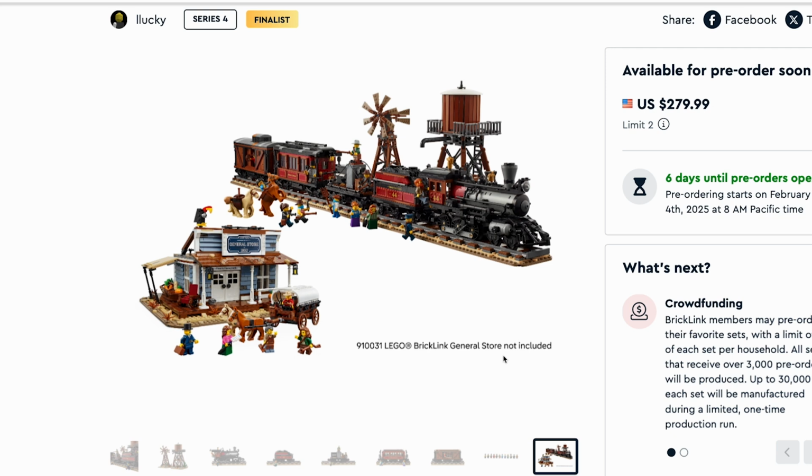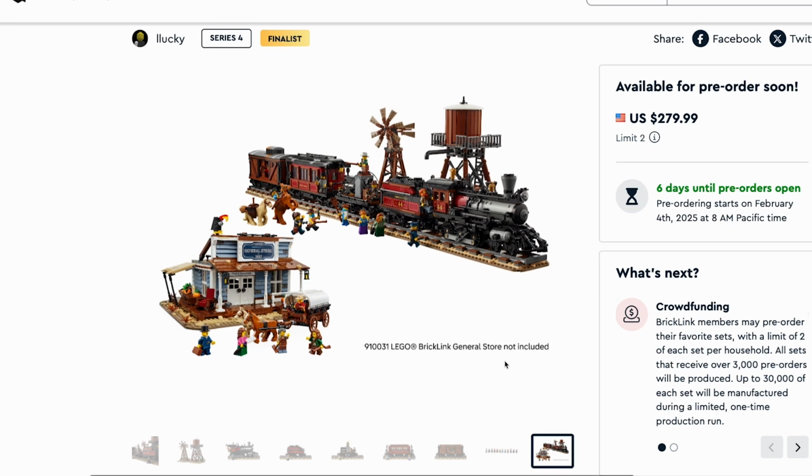but the designer also made this train here, which is really cool to see, and it's almost like you're starting to build a world here. So that's really cool that the designer is having these cohesive builds to go together, and I think that's really cool. But overall, like I said, $280 is very steep,